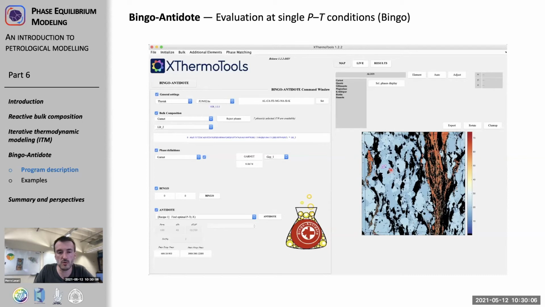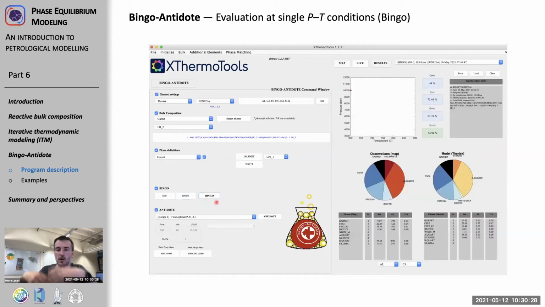And then what you have to do as well is define some reference composition for your phases. This is an example where I pick the composition of garnet, and I do that for all the phases I have in this domain. And then you can simply enter here in Bingo some pressure and temperature conditions, for example, 600 degrees and 10 kilobar. You hit the button Bingo, and the